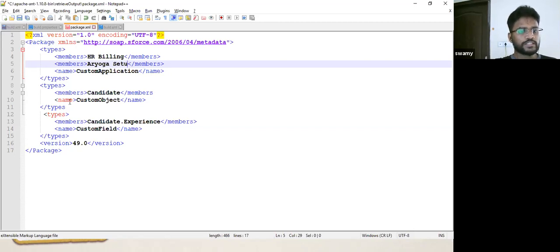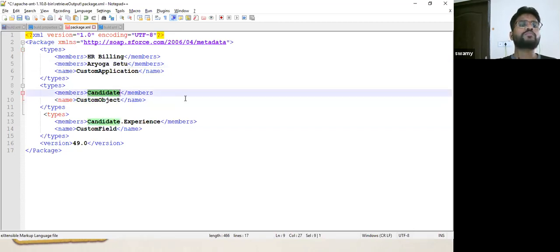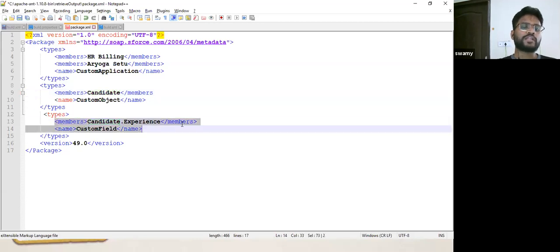And for custom objects, this is the name, custom object, and this is the actual name of the custom object, Candidate. I have created one candidate object and I'll send that object. And if I have to send any field related to that object, I will create members like this.